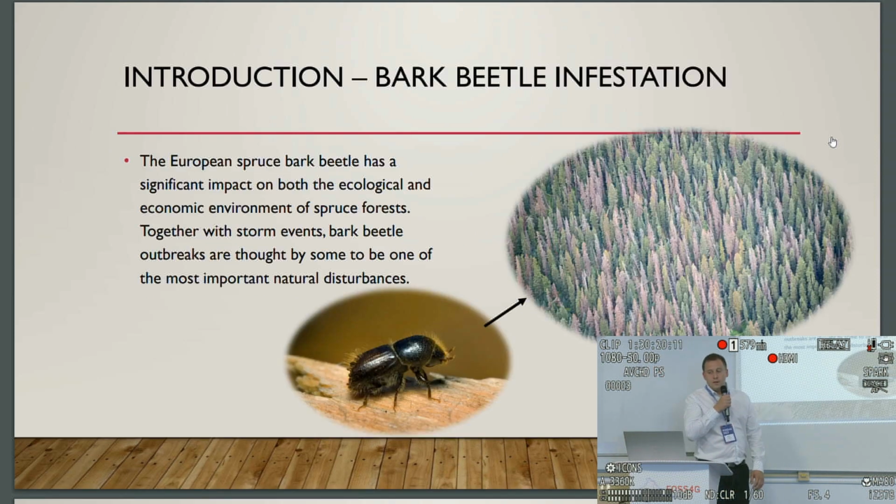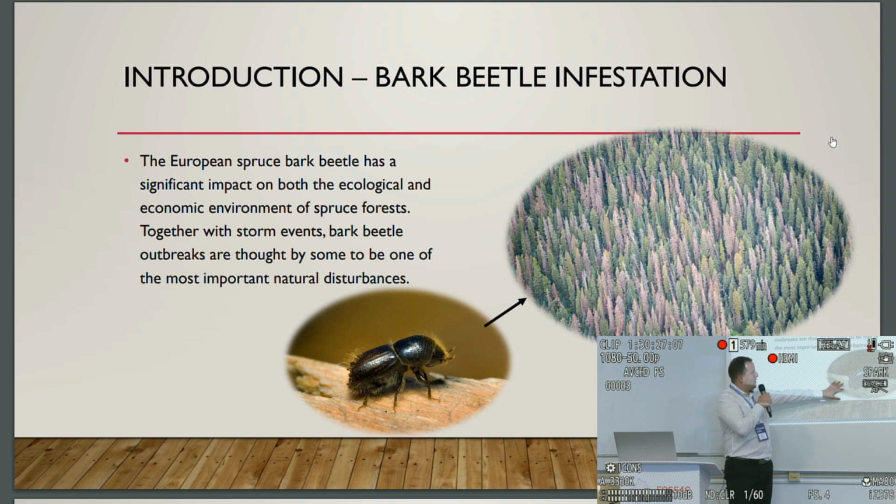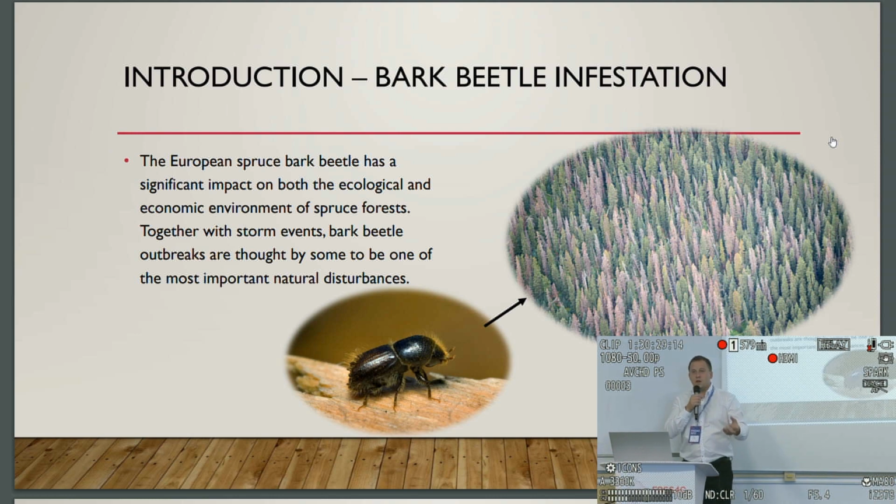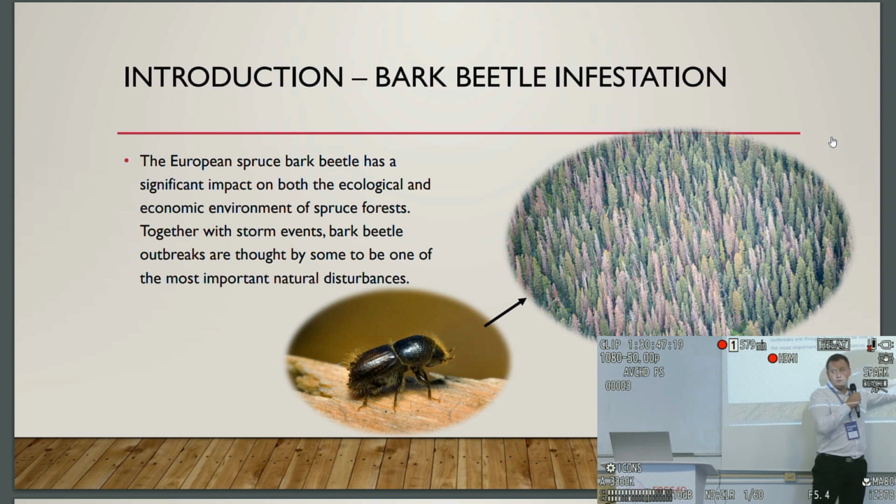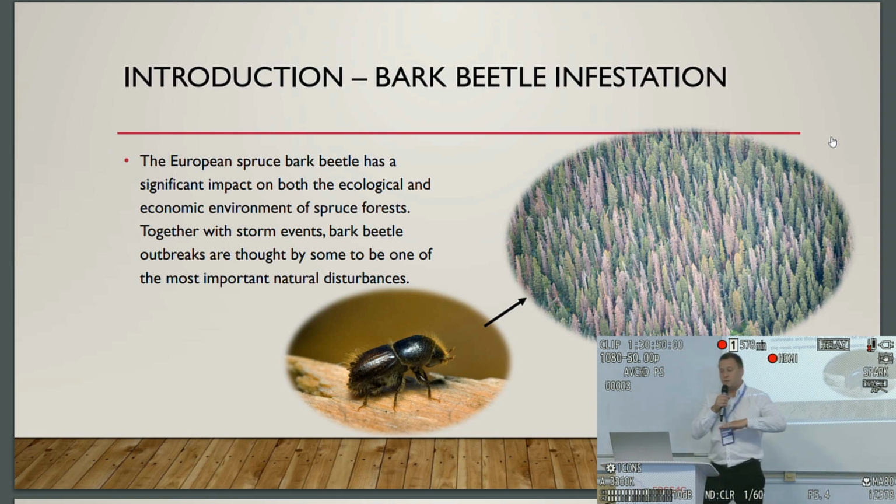Why did we decide to map this bark beetle infestation? Basically, these bugs are really nasty ones, and when the trees are not as healthy as they should be, bark beetles are just, let's say, the drop that breaks the glass, because after storm events or something like that, bark beetles are chewing the bark, and their result is yellow treetops or red treetops, and the forests are basically done. So in order to avoid it,